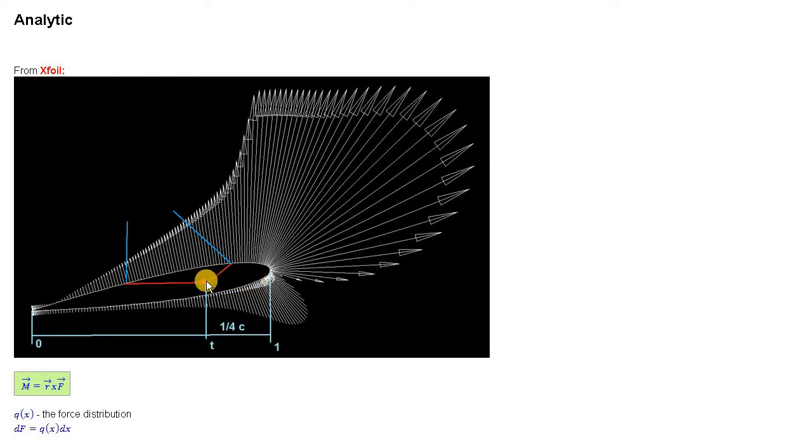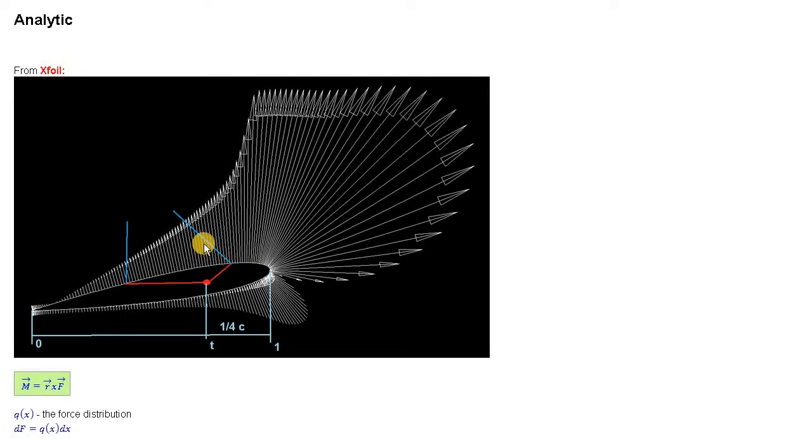Once you have chosen the point, you plot a vector to each element of the surface. Then you plot a normal to this vector, and then you project the force onto this normal. Once this is done, you have the force and you have the distance that you need. And here's the equation for the momentum. In that case, force is just